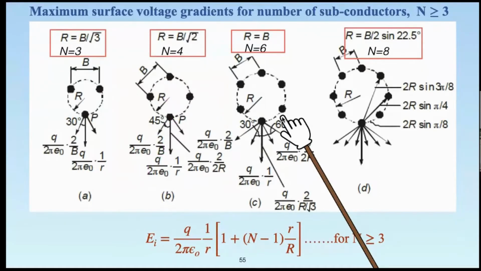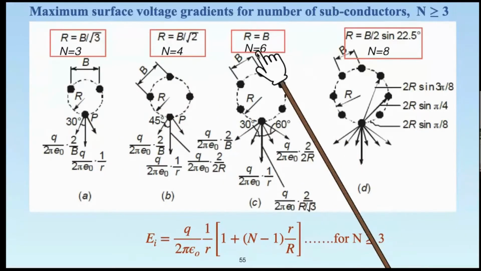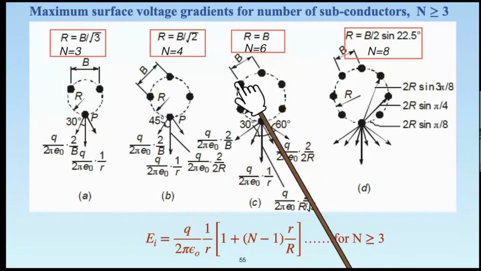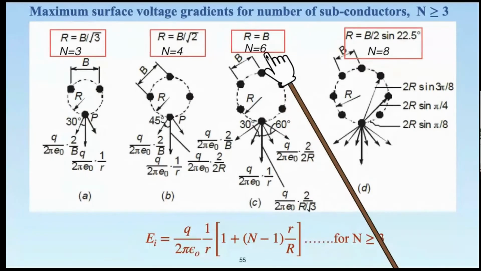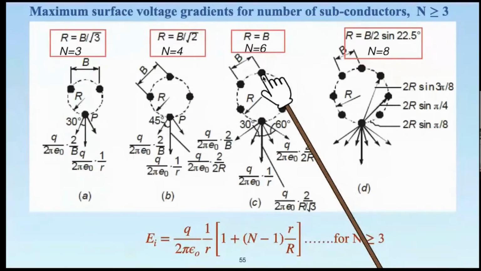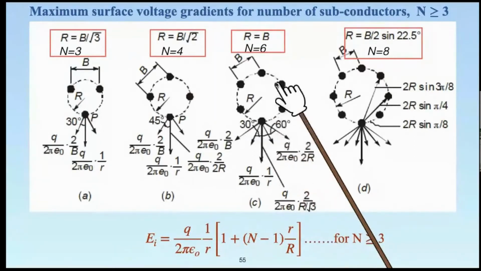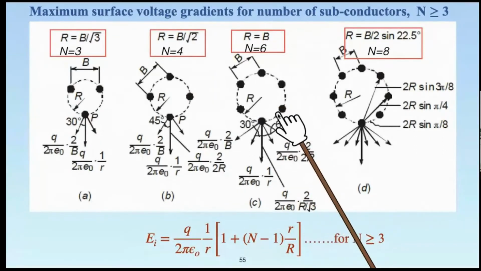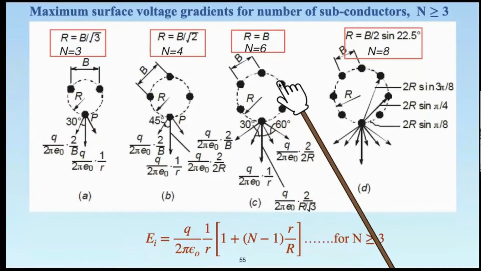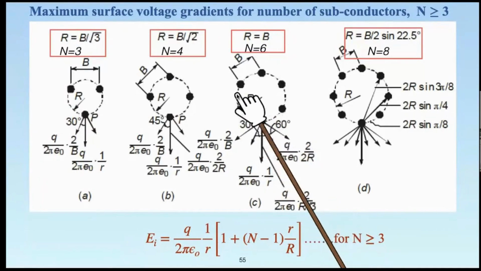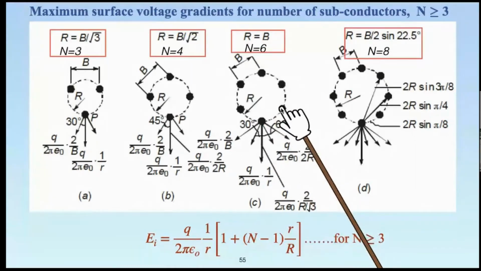Let us move to the next particular combination, wherein number of subconductors may be 6. Large current is to be carried, right? In that case, subconductors may be larger. So n is equal to 6, and when we say n is equal to 6, again all the 6 subconductors are evenly placed at the corners of hexagon. If we connect all these points by straight line, you'll see that is the hexagon.